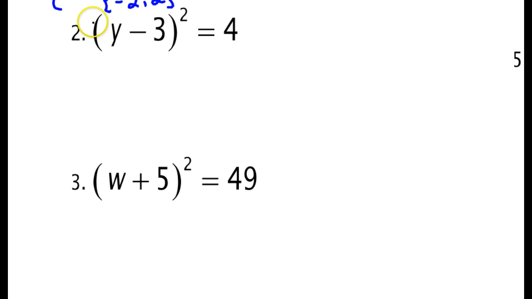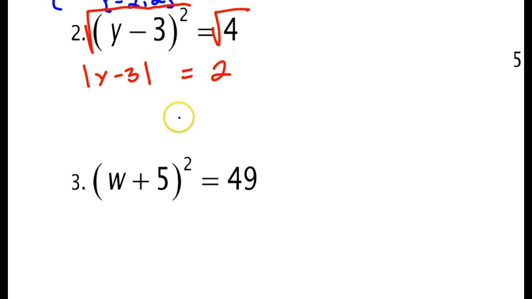Go down here, same idea. Square root both sides. The square root of anything squared is going to be the absolute value of that. So it's the absolute value of y minus 3 equals 2. So we get our two answers. Y minus 3 equals 2. Y minus 3 equals -2. Solve each one of those